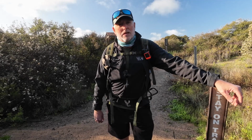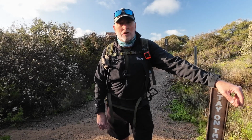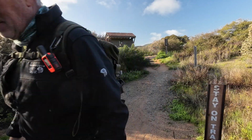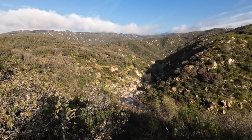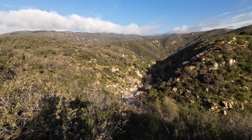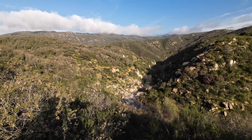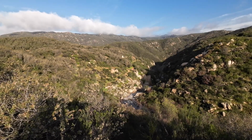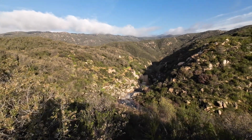We're going to be heading up the Chiquito Trail to Chiquito Falls, out here in the Cleveland National Forest. Oh, we've only been a couple hundred feet up the trail. We bended around a corner. We're heading due north, a little bit to the northwest, and we came upon our first view of the falls,